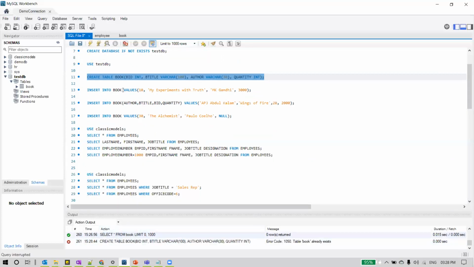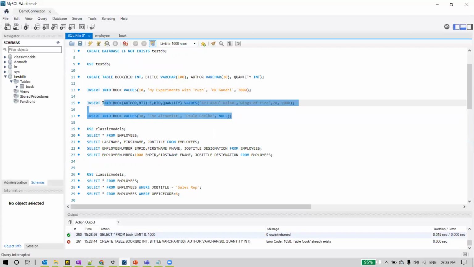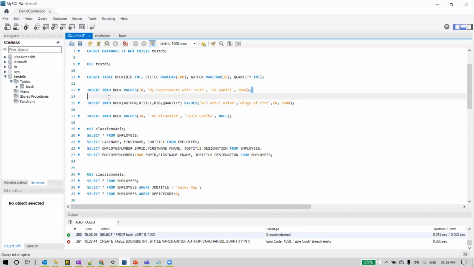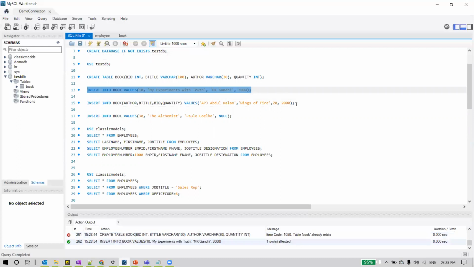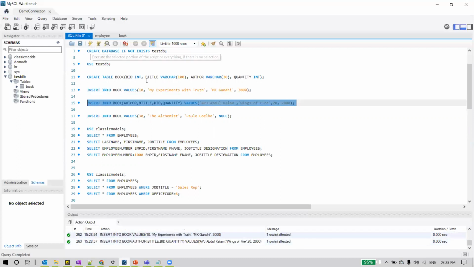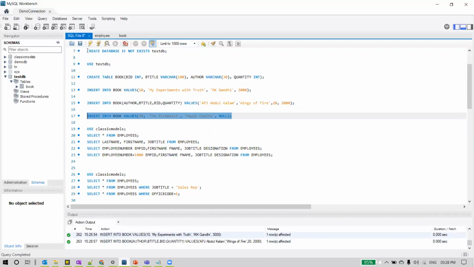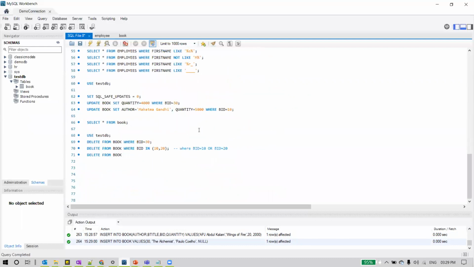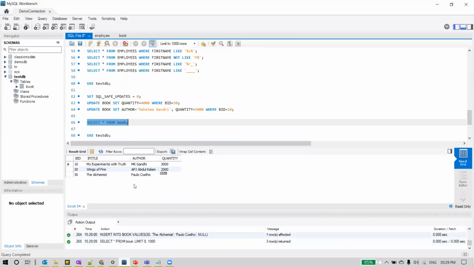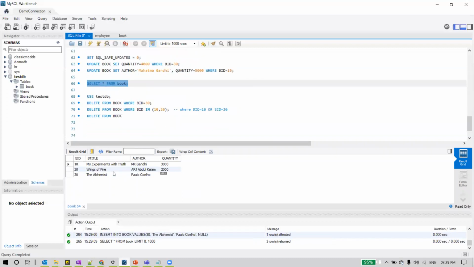The table book already exists. Okay, the table already exists, so we wanted to insert data. Let us execute it. I'm inserting the second row, inserting the third row as well. Fine. So we inserted 3 rows into the table. Now let us execute select star from book. Now we got the data back. So I executed the 3 insert statements again, and we got 3 rows inserted into this table. You can see it clearly here.